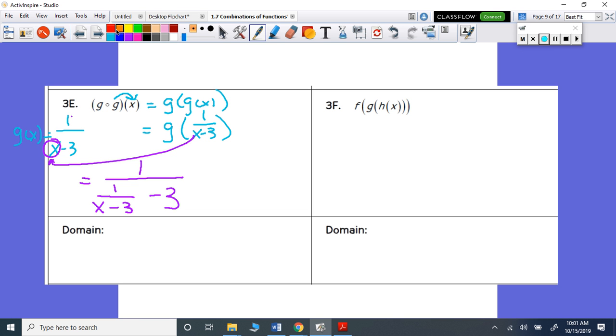This is algebra 2 at its high point. If I only look at that denominator, over here I'm going to work the denominator. Do you agree the common denominator of that denominator is X minus 3? Right? So I'm going to have 1 over X minus 3